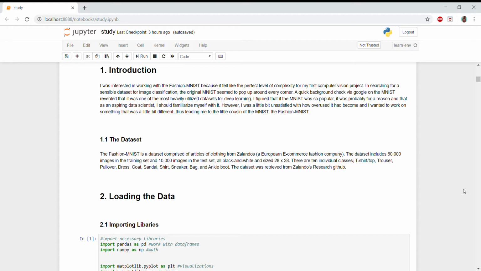When I was looking for a sensible data set to work with, the original MNIST, which I think is about handwriting, seemed to pop up everywhere. And when I was looking that up, I found that it really has been everywhere, and it's been used by everybody. There are a couple of criticisms of it, that it's a little too easy and everything. But I did think, since it is one of the staples of data science, it should be something I should explore. But again, I wanted to challenge myself, so I settled on the little cousin of it, which